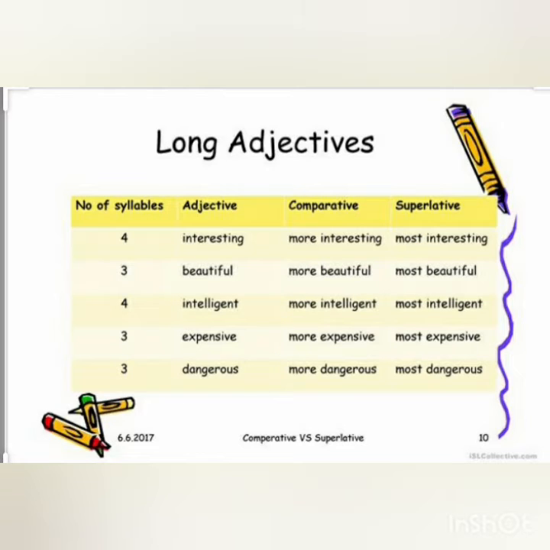If it is two or more syllables, we will add most or more. Эгер биз эки жандан көп муунду сөз болсо, биз most же more дегенди кошобуз. For example, interesting кызыктуу, more interesting кызыктуураак, the most interesting абдан кызыктуу, beautiful, more beautiful, the most beautiful, intelligent, more intelligent, the most intelligent, expensive, more expensive, the most expensive.